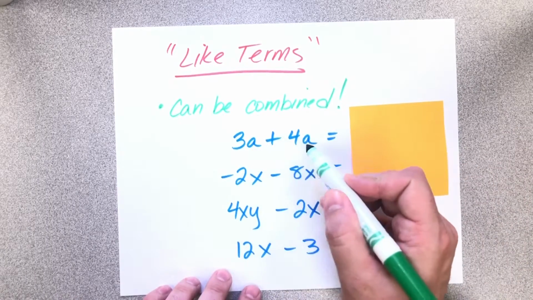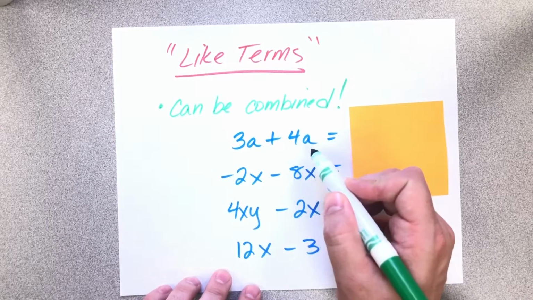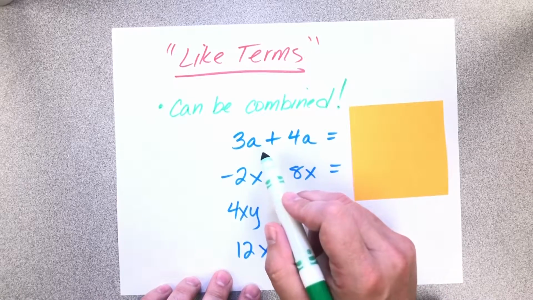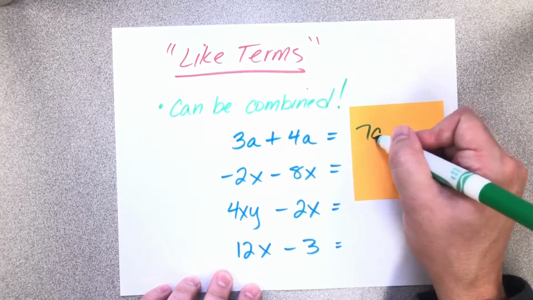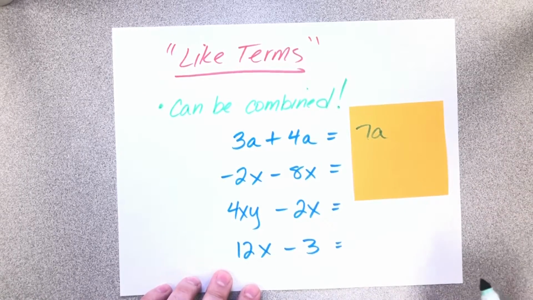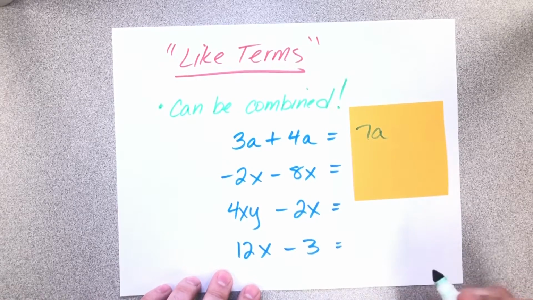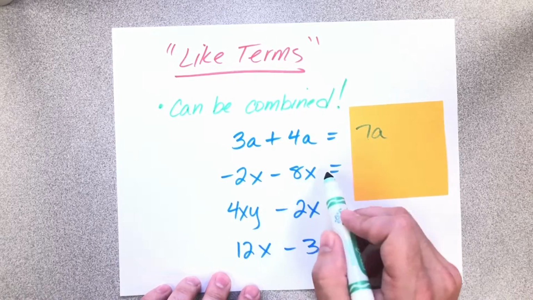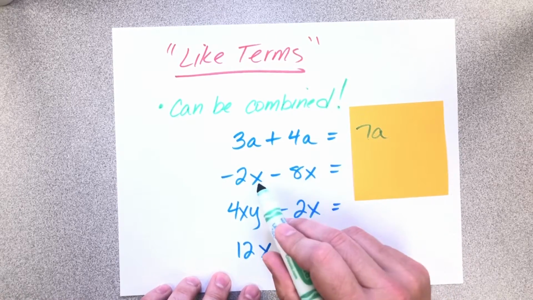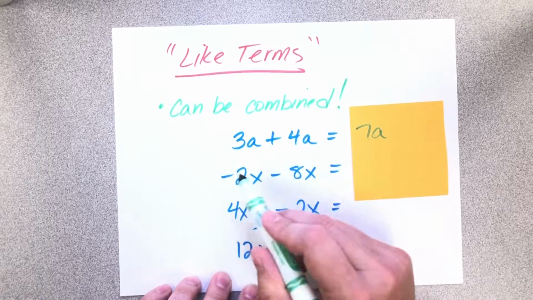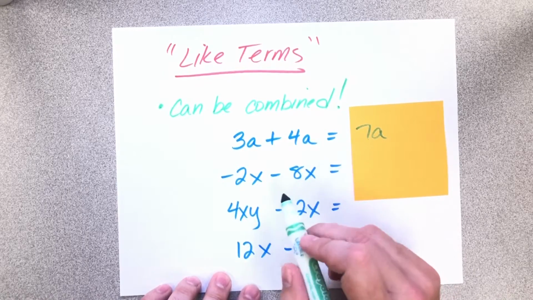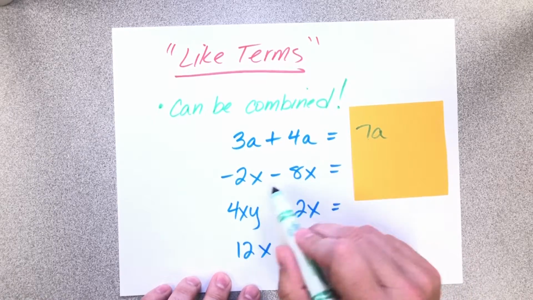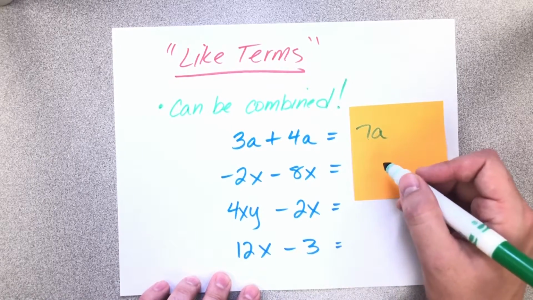3a, which is a term, plus 4a, which is another term. They have the same combination of variables there. I can combine those to be 7a. 3 a's in a bucket plus 4 a's in a bucket. Now you have 7 a's in a bucket. If I have -2x and then I take away 8x, because these are like terms, they both have the x, the positive and negatives are irrelevant to it being a like term. It has to be the same combination of variables, so to speak. So because these are like terms, -2 minus 8 is